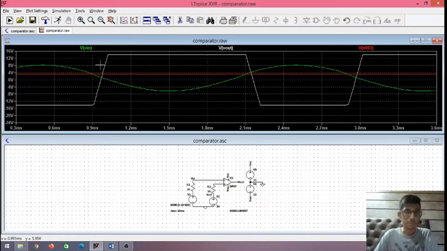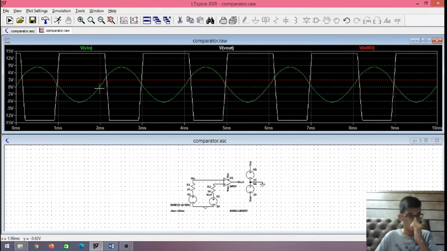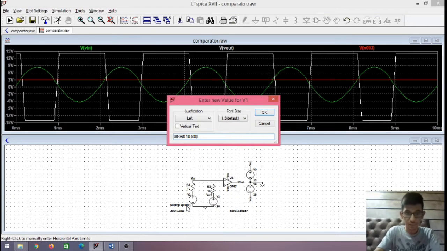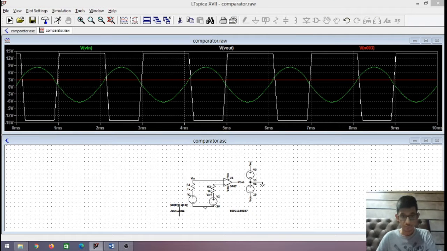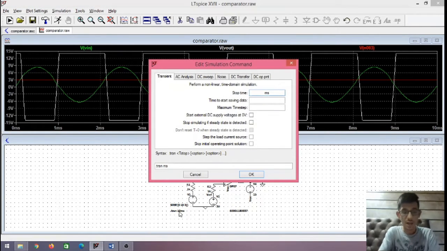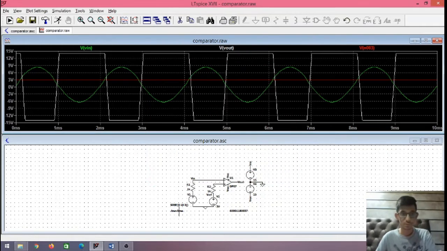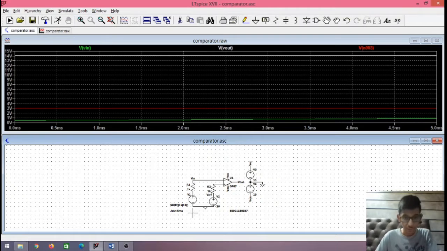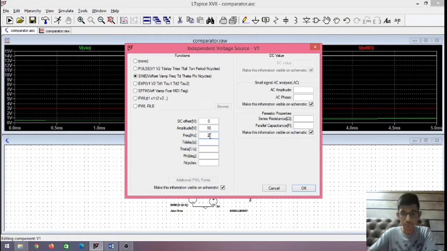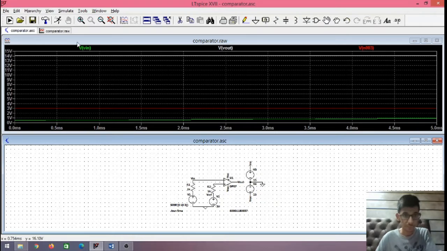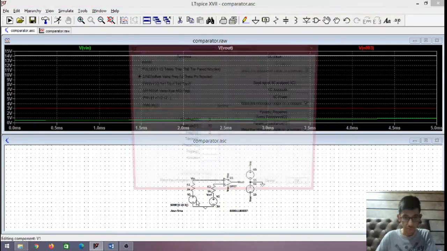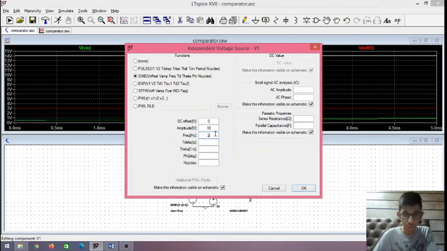So it may happen that for higher frequencies we may not get the output we want. Let's check for that too. As we increase the frequency the slope increases, so let's take 2k, with transient time as 5 ms, and let's run it. One minute, oh, I simply gave it 2. Sorry. What happened? 2k.